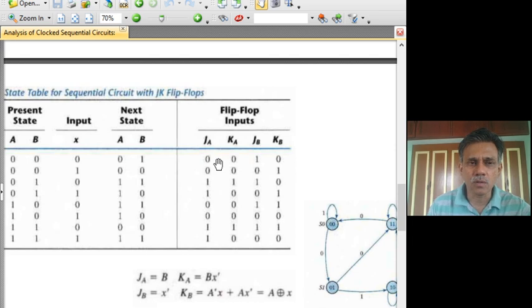You can also simplify it at some point. Only when J and K are both 0 0 or 1 1, you have to look at A. If they are different, it's either a set or reset condition. Without looking at A, you can find out what A plus is, and those can be easily filled up. This is a set condition for which you have to put a 1.